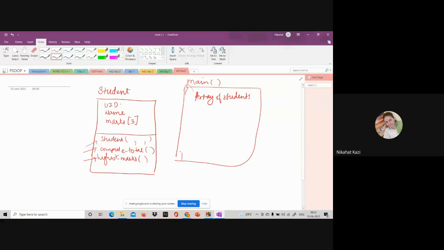What we will do is, for initializing, we are not going to use a setter method, we are going to use a constructor. That's the difference. Rest all, I think it is similar. Yes or no? We have already worked with an array of objects. We have done in the examples how to pass an array of objects. So the only thing is, we are using constructors. So let us see how to use it.